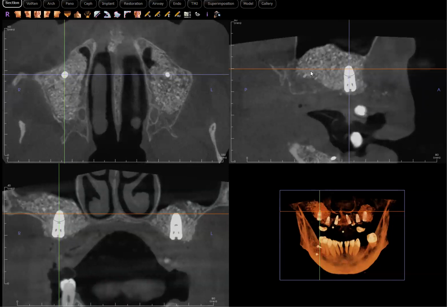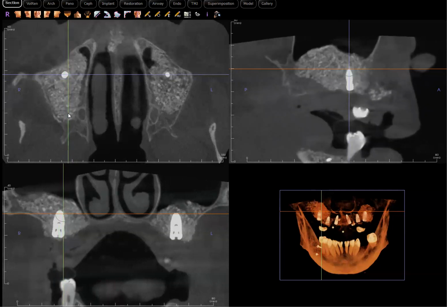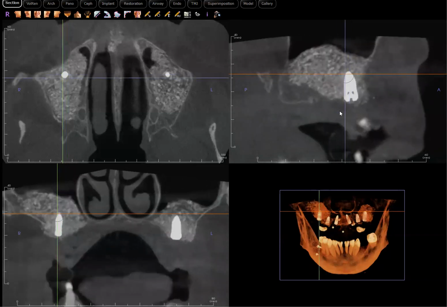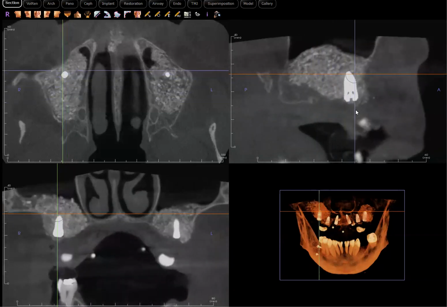But also the way this graft has integrated to the underlying ridge is very, very good. And I say that because I don't see any radiolucent line separating the two regions, right? So this is a graft and this is the underlying bone. The fact that they're literally blending into one another, that's kind of what I'm looking for when assessing successful outcome of a grafting procedure. So that's really, really impressive. Whoever did this procedure